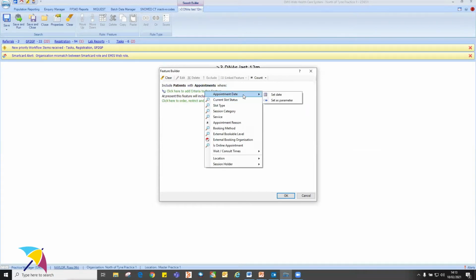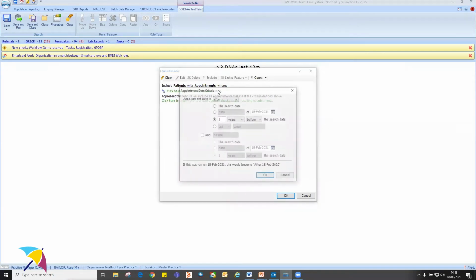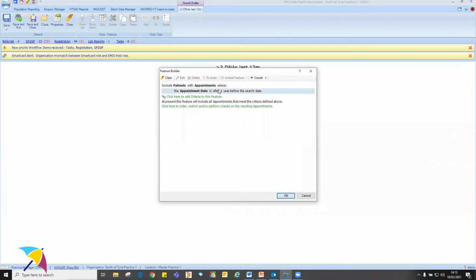I'm going to set that my feature's appointment date has to be after a year before today. Horrible grammar, but EMIS Web does give you an idea of what it's looking at down here, and it translates it into plain English here. So we had a look at that last time. The date ranges and the way that EMIS phrases it, you get a lot of double negative phrasing in there, but we can get around it. So I want patients with appointments after a year ago, i.e. in the last year,